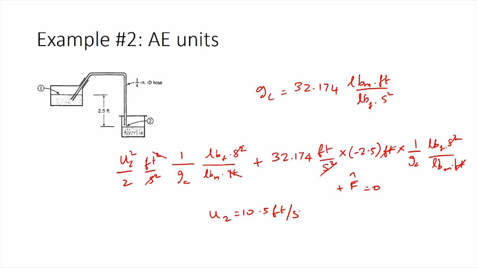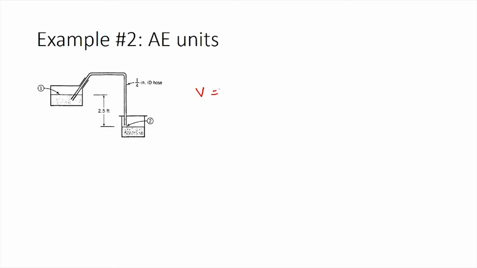We have been asked to calculate the time taken for siphoning 5 gallons, which means we need to know the volumetric flow rate. So, we can convert this linear velocity to volumetric flow rate by multiplying it with the cross sectional area. The cross sectional area for the pipe can be calculated using the inner diameter of the pipe. Volumetric flow rate would be equal to velocity, which is 10.5 in terms of feet per second, times cross sectional area, which is 3.14 or pi, times r squared, r is 0.125 inch squared,